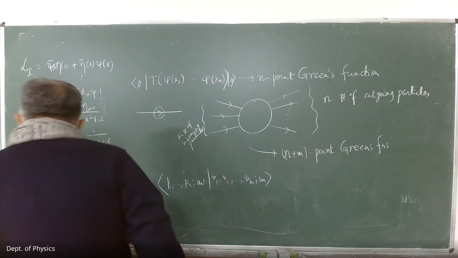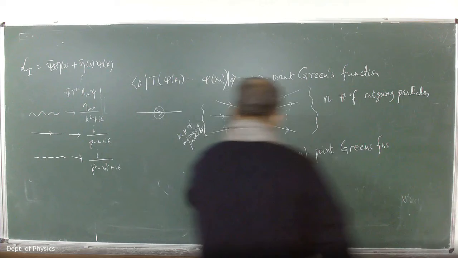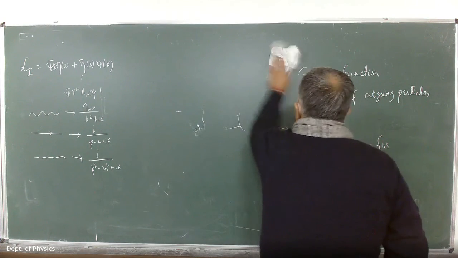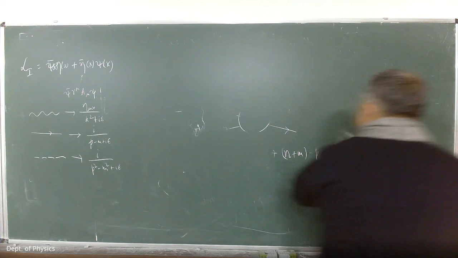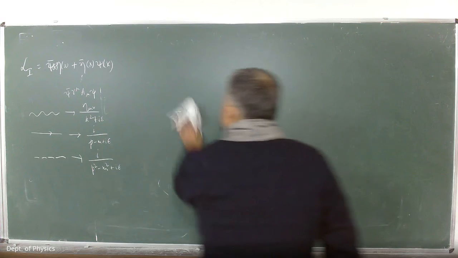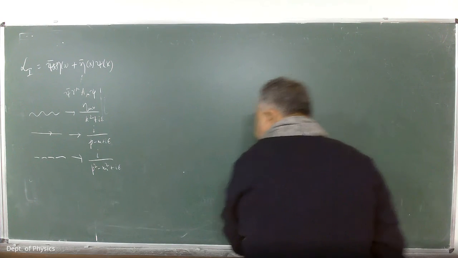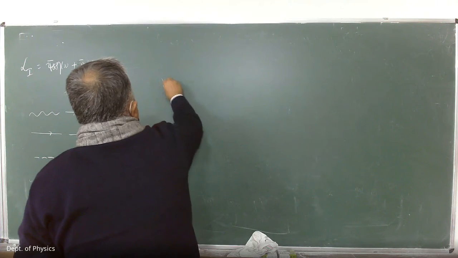So a generic Feynman diagram will be, suppose in QED,